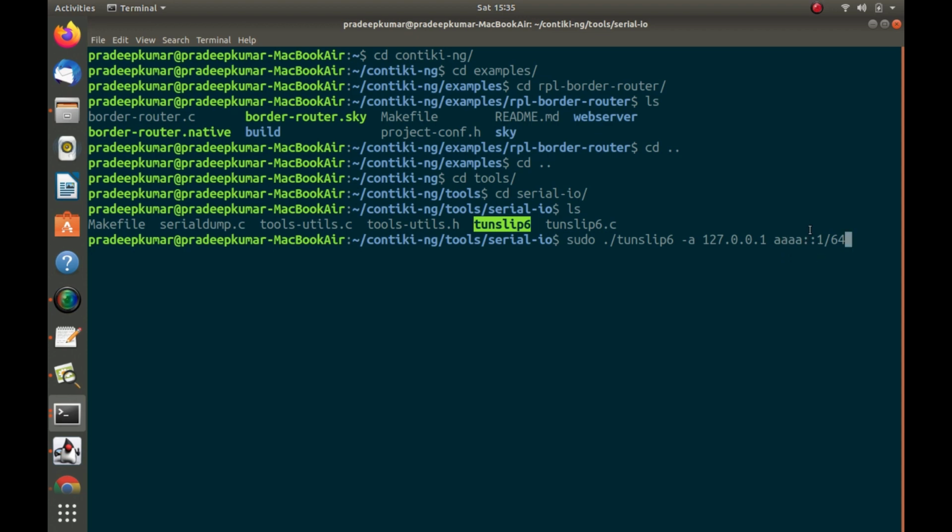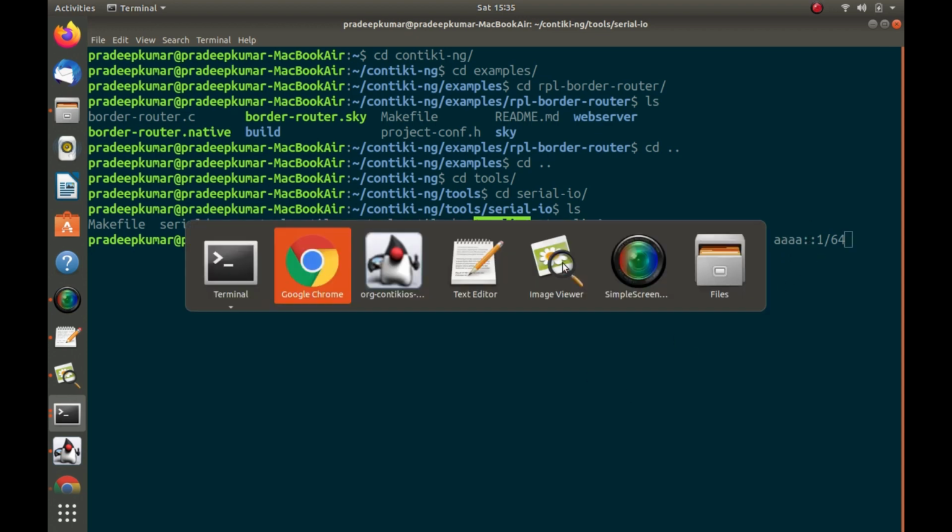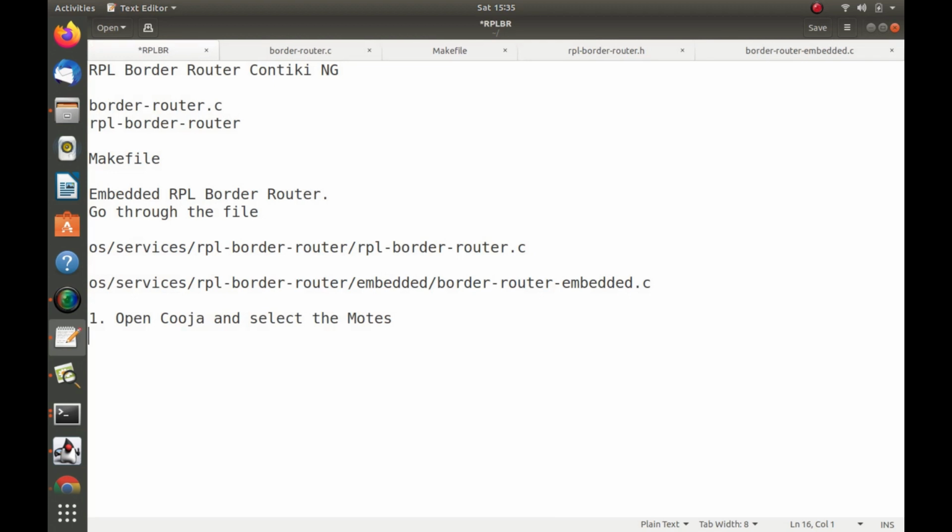So the double colon, I will just help you out. In IPv6 usually what happens is, so aaaa::1, that is for prefix 64. What happens here is aaaa, then colon 1 2 3 4, then colon 1 2 3 4 1.